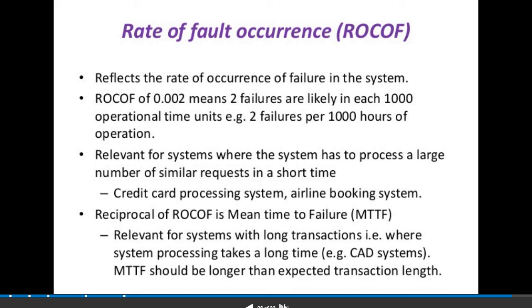The reciprocal of rate of fault occurrence is mean time to failure, MTTF.